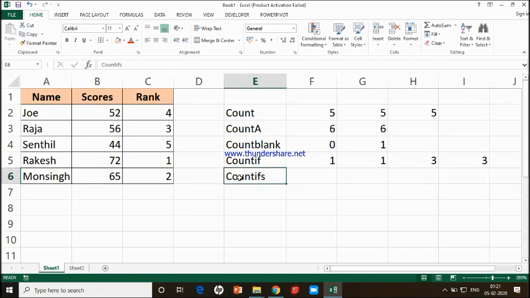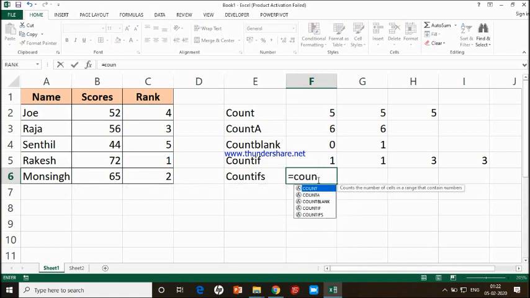Now we have the last variant, which is COUNTIFS. As the name suggests, you can have multiple criteria and then you can do the counting. So how does that work? Again, we use the COUNTIFS, where you can give multiple criteria and then do the counting. In this case, I'm going to select the range of cells, comma, space. I'm going to give the criteria. We should give it in double quotes. The criteria is less than 5,